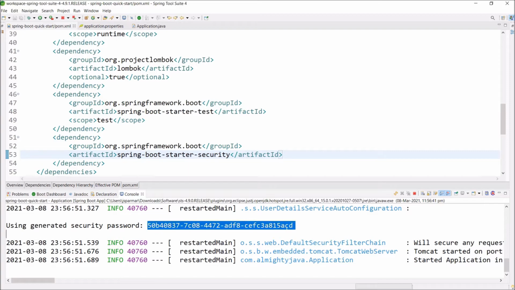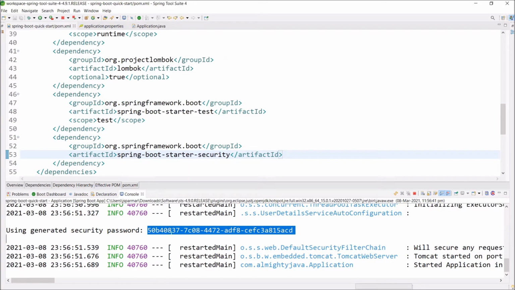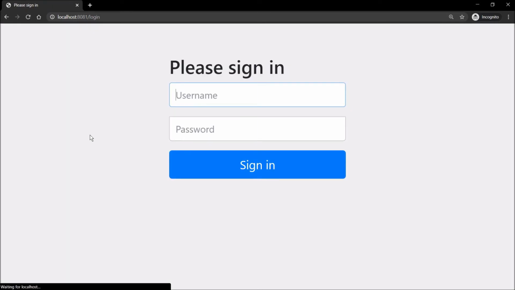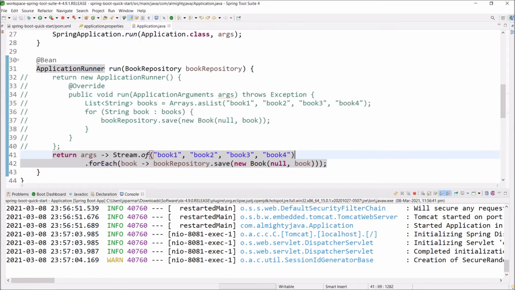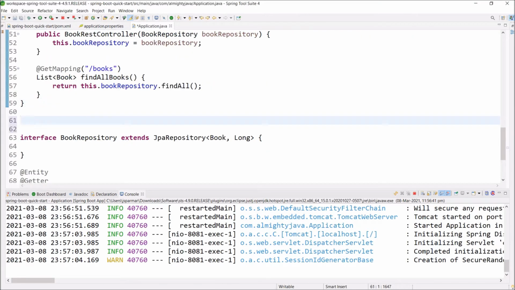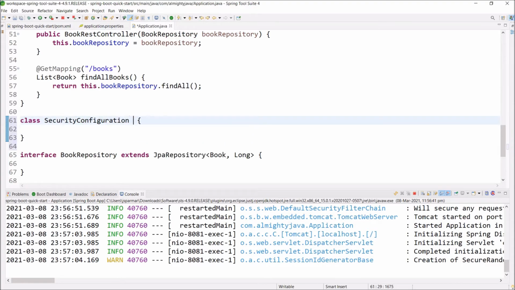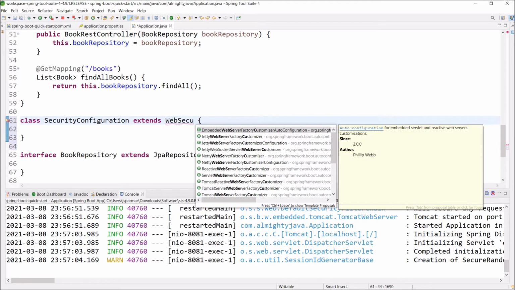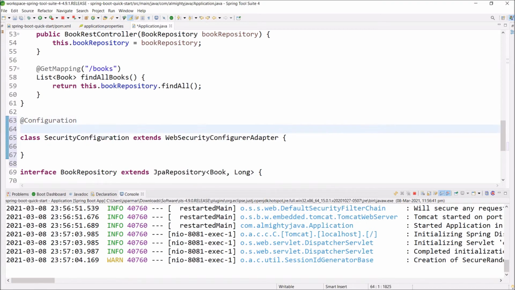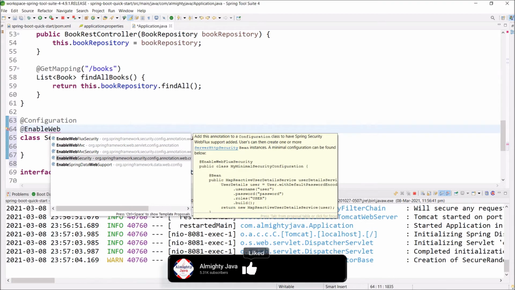As you can see, just I added the dependency and it enables the basic authentication. Even you can see here also login page is coming. Now let's see how to set up some username and password so the user can log in easily. So to implement Spring Security changes, let's create one more class. In the class name, let's say SecurityConfiguration. And this class extends WebSecurityConfigurerAdapter. Annotate this class as configuration and add one more annotation like EnableWebSecurity.